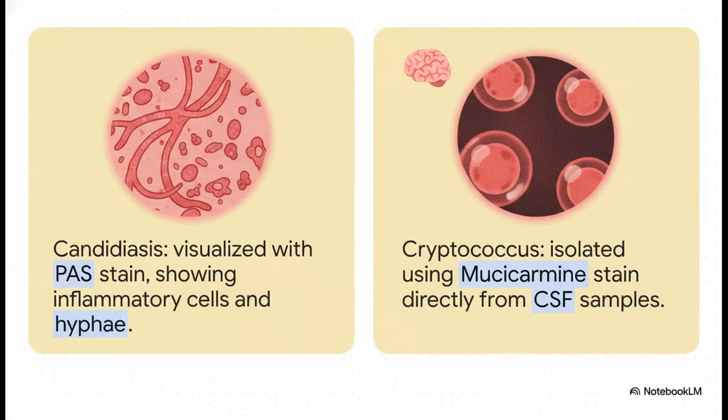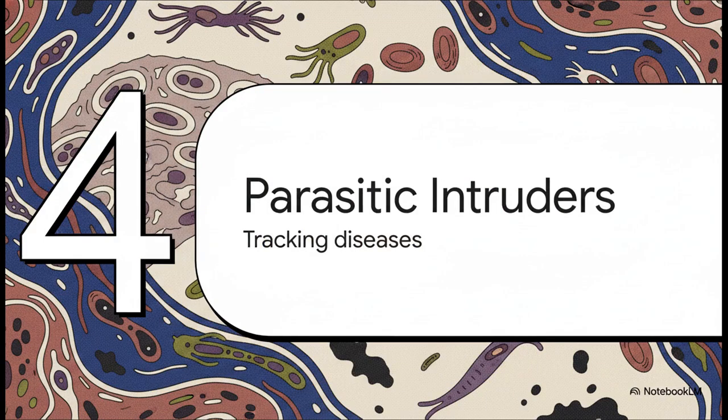Let's check out how we differentiate other major fungi based purely on stain uptake. Notice the stark contrast. For candidiasis, we use that PAS stain we talked about earlier to visualize the mix of inflammatory cells, spores, and defining hyphae. But if a patient has neurosymptoms and you draw cerebrospinal fluid, CSF, you're going to need the mucicarmine stain. Knowing whether you're hunting for hyphae with PAS or isolating a CSF sample with mucicarmine is exactly how you separate these species. On to Section 4,